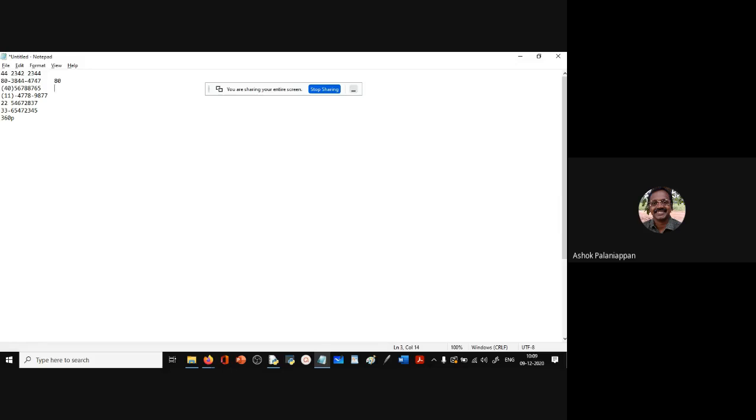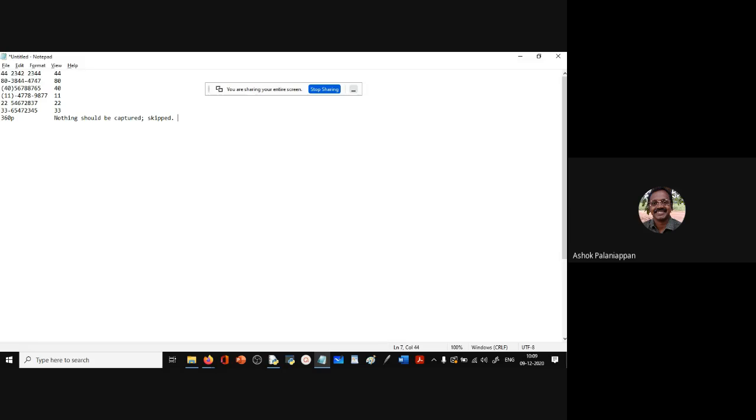Third one? 40. 14. Then 11. And then 22. And then 33. And here, nothing should be captured, isn't it? Here, nothing should be captured. That is, the pattern should be skipped. It is not matching the pattern. So this line should be skipped. There is no area code in this line.